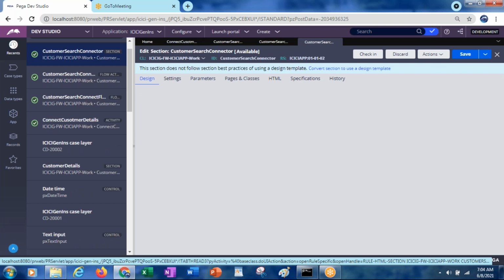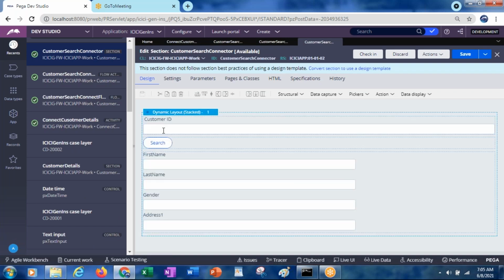In this section, we are placing one text box for customer ID, and then we are adding the search button. You see the customer ID text box; after giving the customer ID, on click of the search button I'm going to populate the respective values. For this search button, I will be calling an activity which connects through the SOAP connector and retrieves the data.